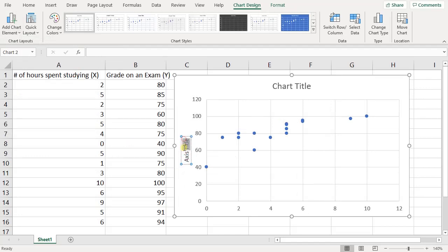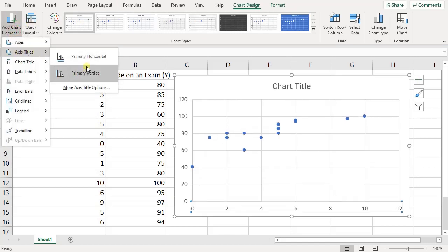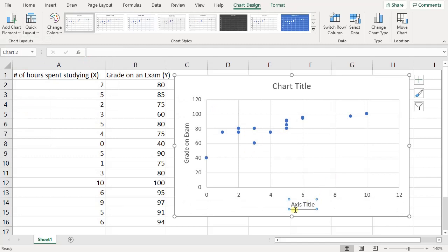Once you click on this, you can kind of delete it and then write what you want. So grade on exam. Okay. Go back here, click on your chart again, chart element, axis title, and then do the horizontal. Okay. Double click on this and write number of hours spent studying,